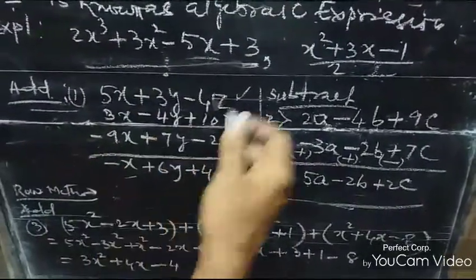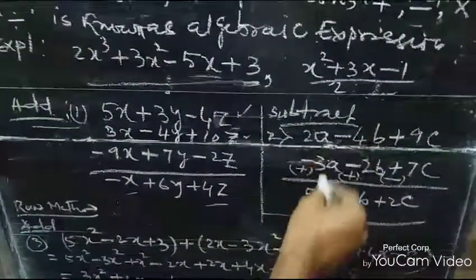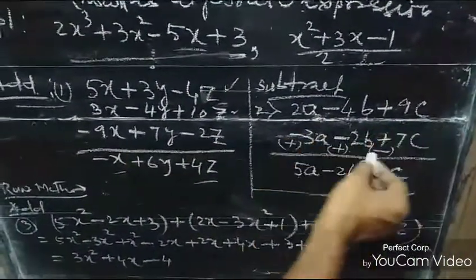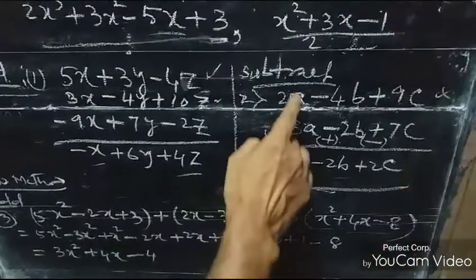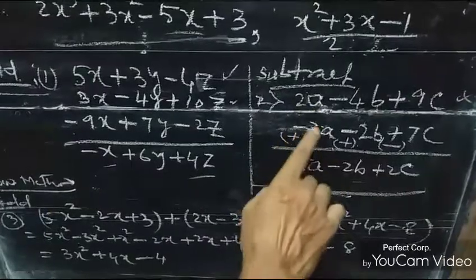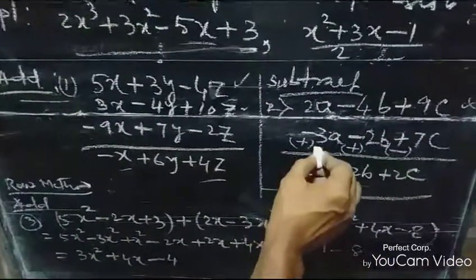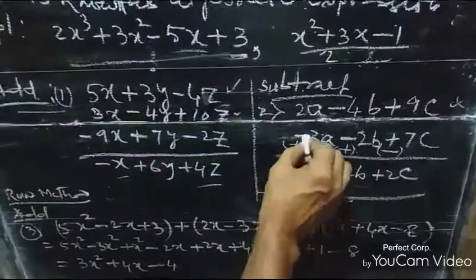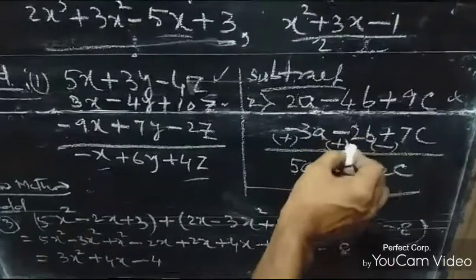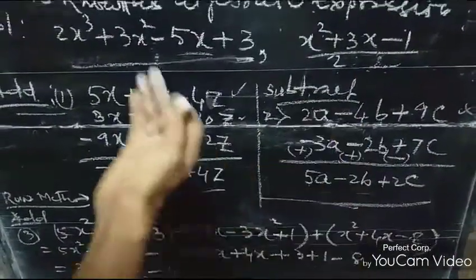Now if you go to the subtraction part, this is also the column method, you can also subtract. Suppose these are the like terms, you have to subtract this from this, this from this one. We put the like terms within this and make their signs opposite. Whenever it is minus, it will be plus, whenever plus, it will be minus. Then do the calculation as per addition.